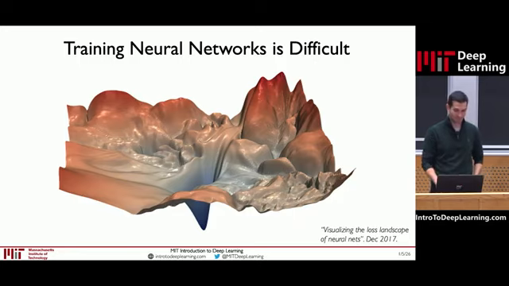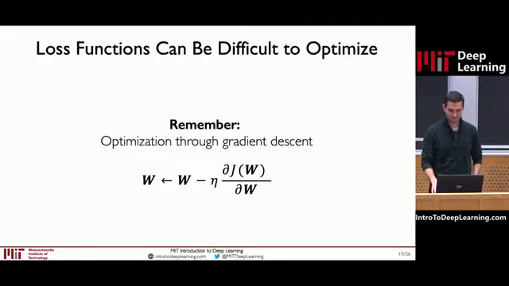So this was a really cool paper from many years ago, 2017, where they actually tried to visualize what these high-dimensional neural network loss landscapes actually look like. Of course, this is a two-dimensional representation of something that is millions of dimensions, so you need to take it with a grain of salt. But even projecting it down into 2 dimensions, you can see that this is a highly nonlinear landscape.